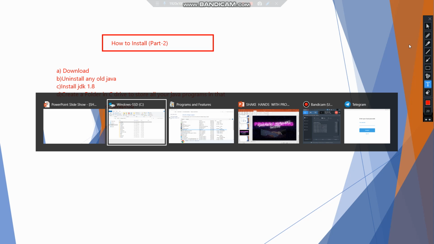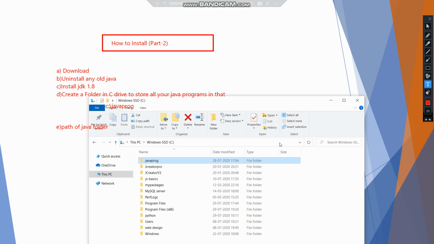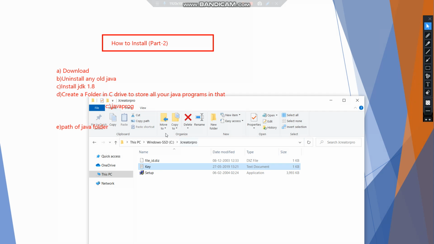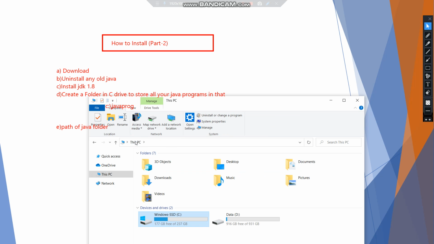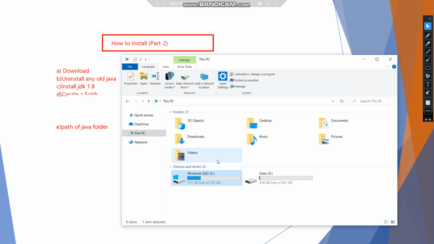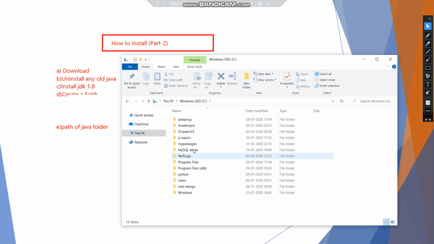We'll go to this PC again. Here you can see I click on this PC, and now we'll click on C drive, and here you can see Java.